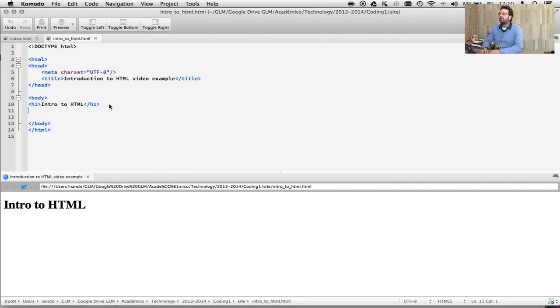After the title, I'm going to add a list that will later be used as a navigation bar. Lists can be of two types: unordered, those that have bullets, and ordered, those that have numbers. We'll create one without order. So I'll start with UL. Every list that is unordered starts with UL, unordered list, it means. And Komodo automatically adds the closing tag. I hit enter so I can move it down. And I'll add the first item. With LI, list item, I'll add